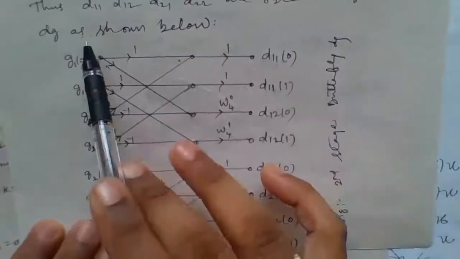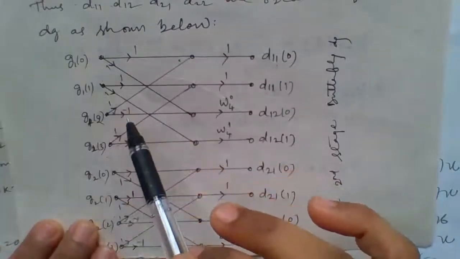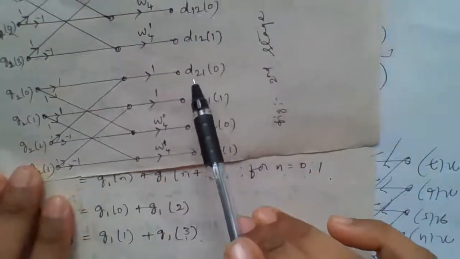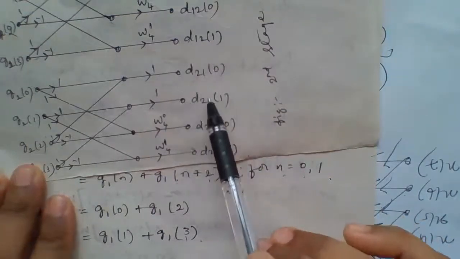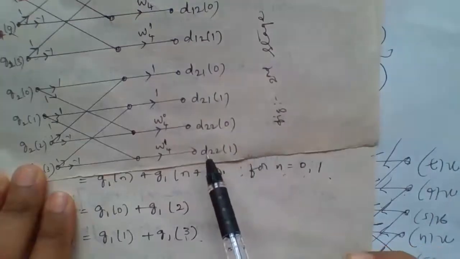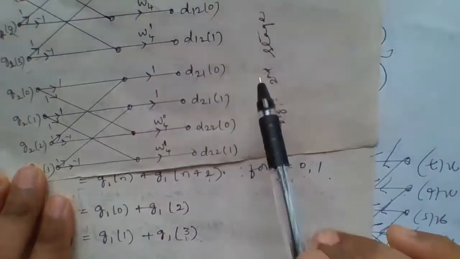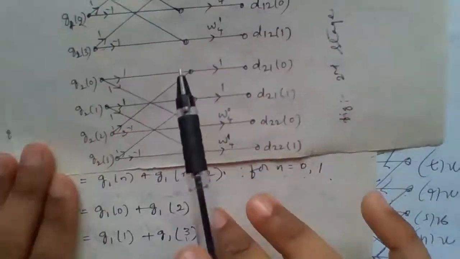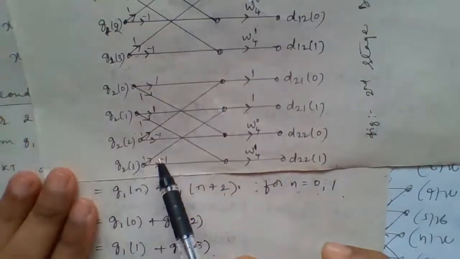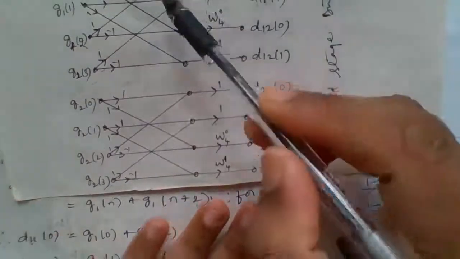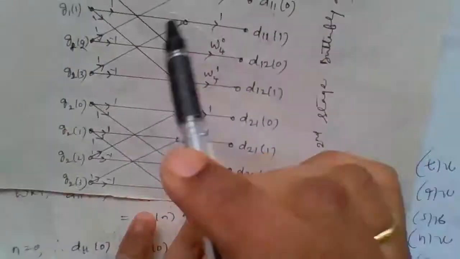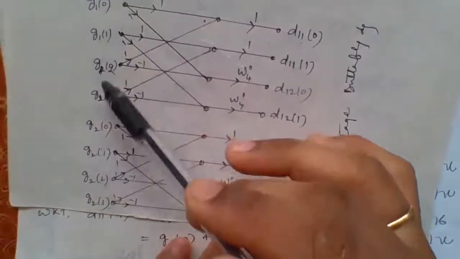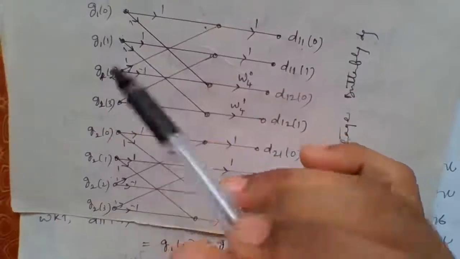For performing these calculations, the inputs are G1 samples. Similarly, we have four more: D21 of 0 and D21 of 1, because of the addition, and D22 of 0 and D22 of 1, because of the subtraction. To generate these four samples, the inputs are G2 samples. Here we have drawn the same type of signal flow graph as in the DIT algorithm, so there is no need to reshuffle or rewrite anything. Whatever has come from the first stage continues in the same order.